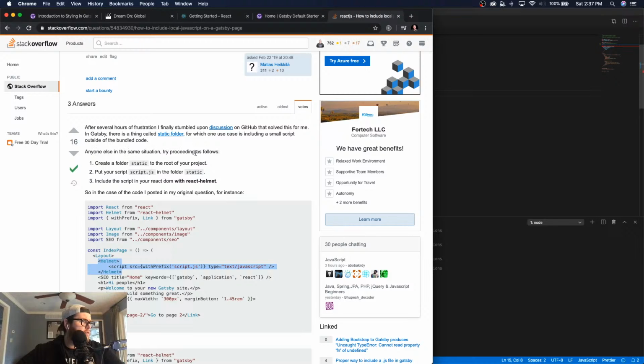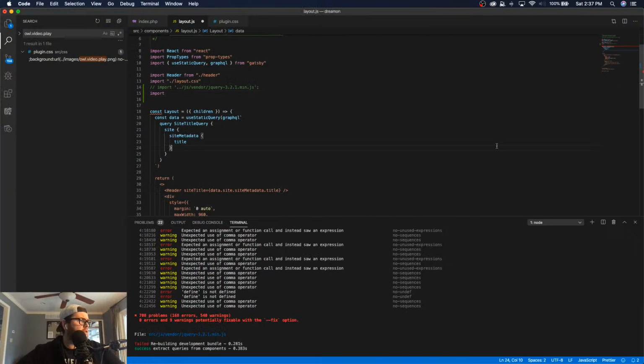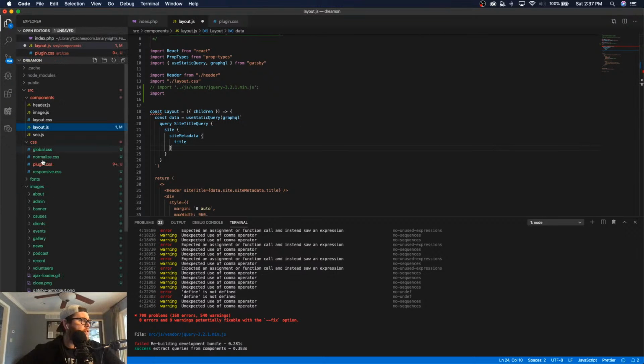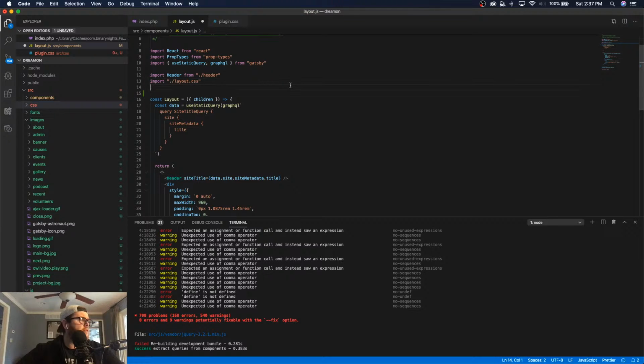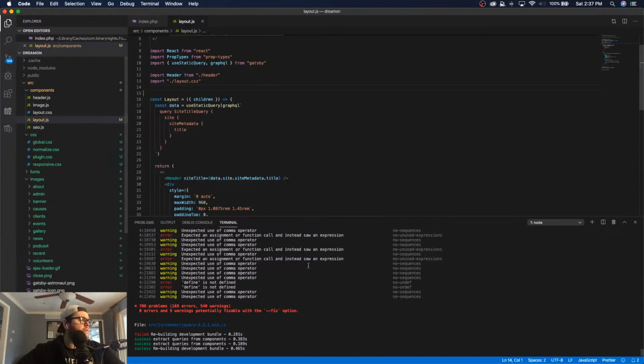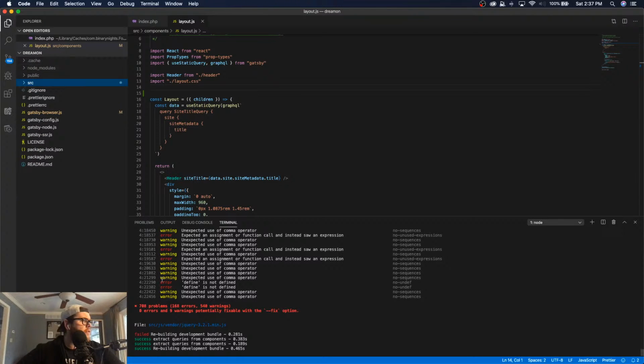Okay, create a folder called static to the root of your project. Let me just check this out, because it doesn't like it when we import these like this for some reason. So it's saying if we create a static folder,